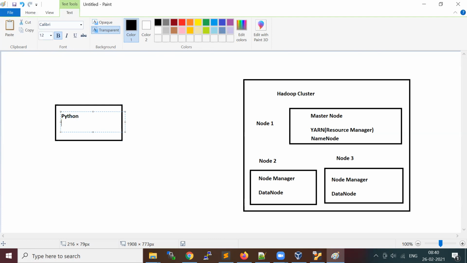Okay, MapReduce program in Python. So we wrote a mapper.py and a reducer.py.